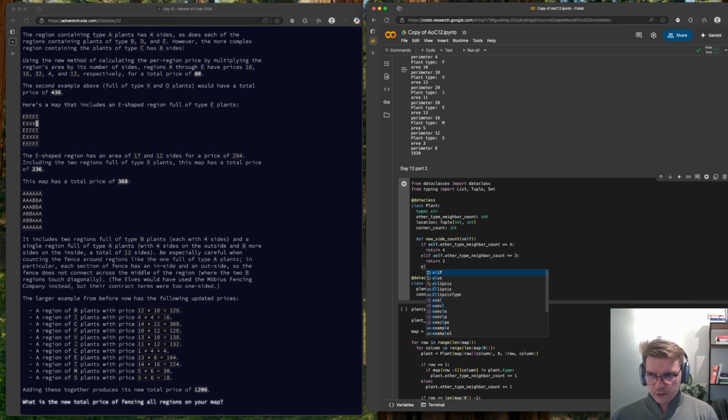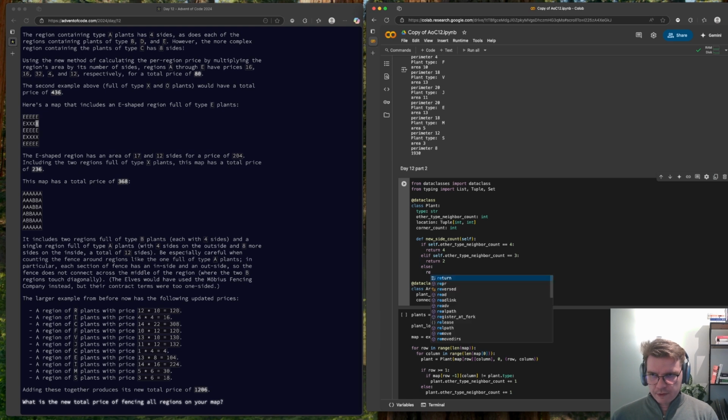Then basically, actually this is the else case, we will return the corner count. So how many corners we have there. Because if the plant had 2 other type neighbors, it might have 1 corner or 0. But then in some cases,